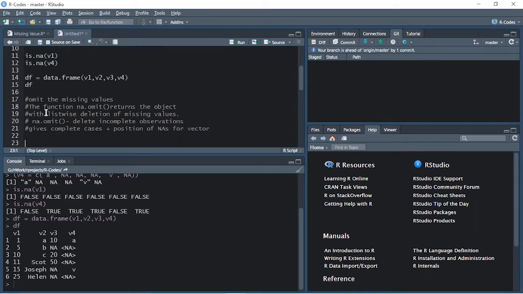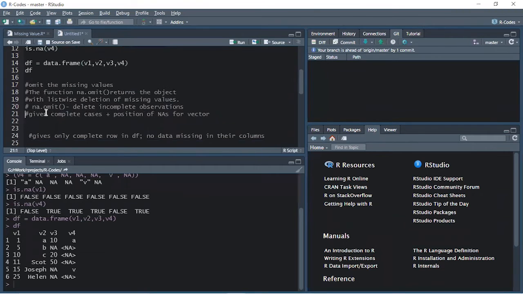So let's first start with na.omit. What is omit? Omit means it will remove all the missing values from your data frame or vector. First, we will understand it on a vector and then on a data frame.